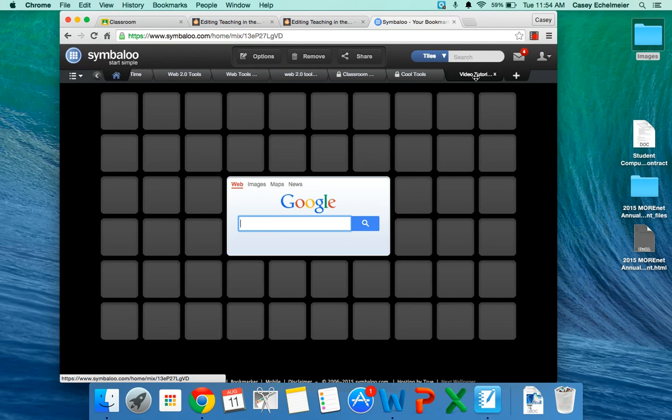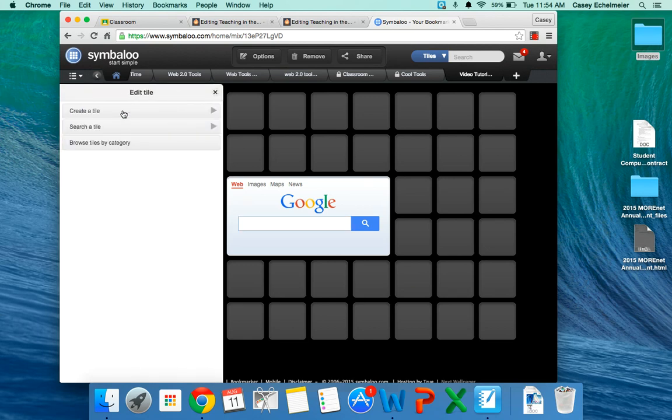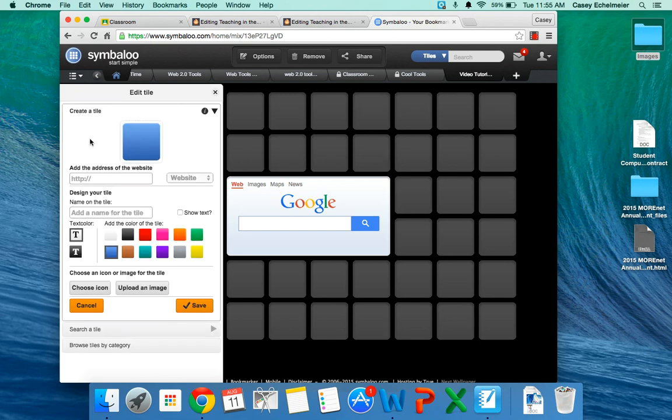So all I'm going to do now is find whatever resource I want and plug it in. You can choose where you want to put it. If you put it here, you can always move it to a new location. I'm just going to click on one of the tiles and say add a new tile. Now I am going to create my tile. Right here would be where I would put the address of my website. So let's say